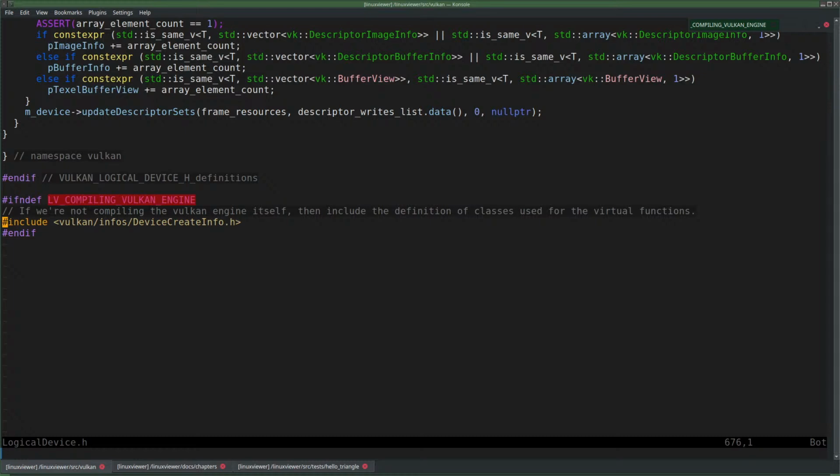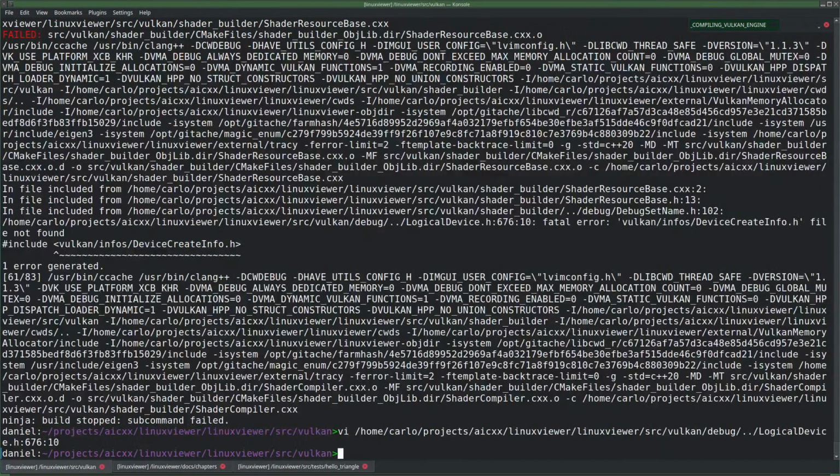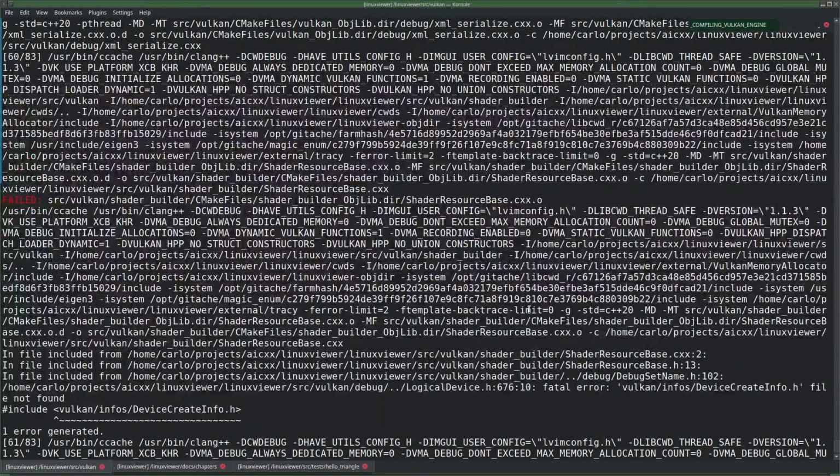It's not defining it. So I'm trying to include this because it's not defined, but it should have been defined. Aha. What the? Yeah, it should have been defined, but it's not because, why not?